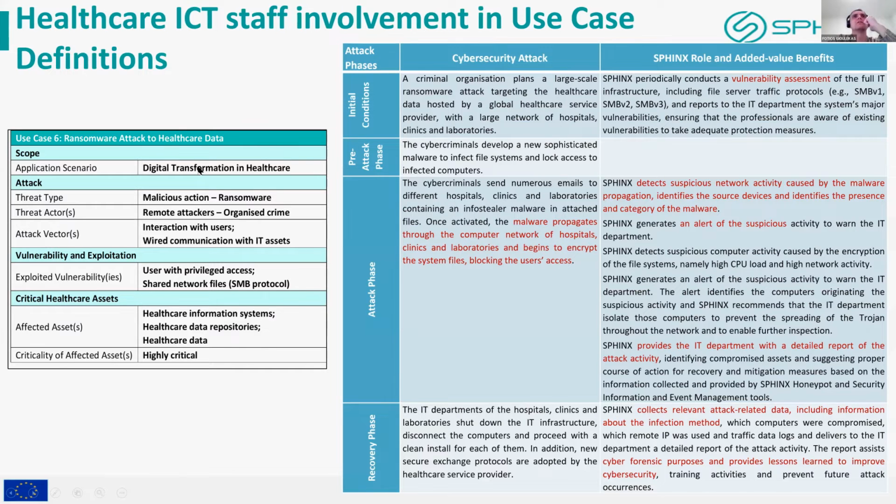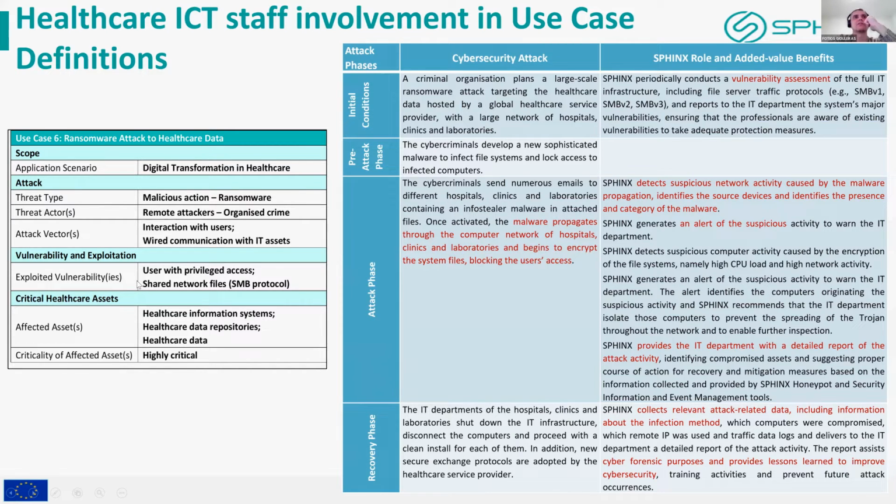Here we show how we managed to define a use case, specifically a ransomware attack to healthcare data. We define the scope, what is the application scenario, what is the attack type, who is involved in this attack, what were the attack vectors, and of course, what the threat actors were. What the vulnerability exploitation